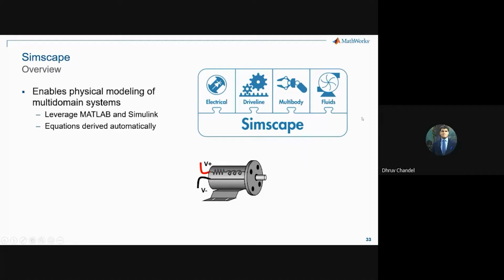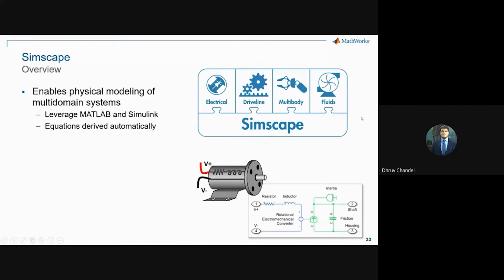Simscape, I showed you the libraries already, but basically this enables physical modeling of multi-domain systems. And there are a bunch of libraries already supplied. So that motor example we saw with all those equations, if you use the Simscape electrical and mechanical libraries, it will just simplify down to a circuit that looks like this. So you have a resistor, inductor, motor, and friction and inertia. That's it. Some very complex mathematical equations can just be simplified down to component level diagrams. And Simscape will figure out how to do the maths for all of this. So it takes that load off of your shoulders for high fidelity models.